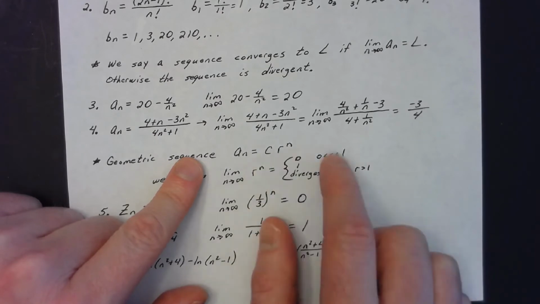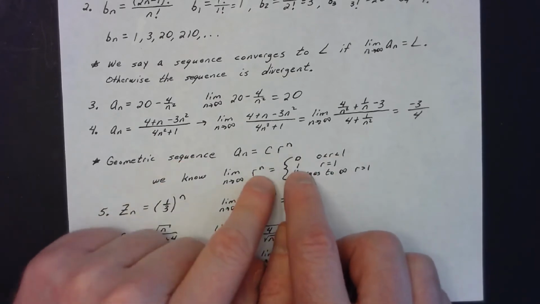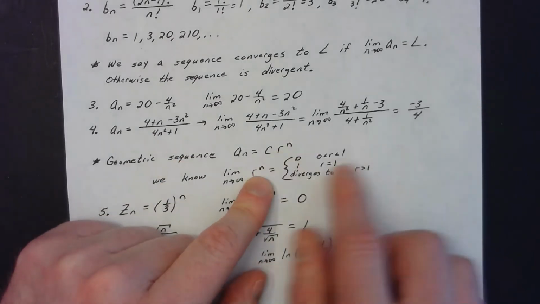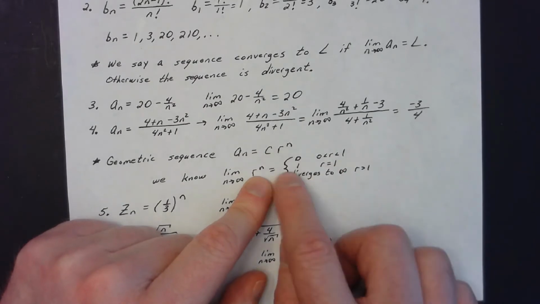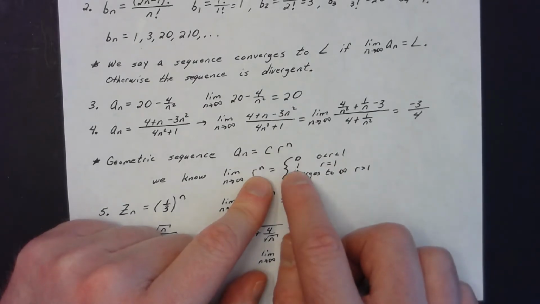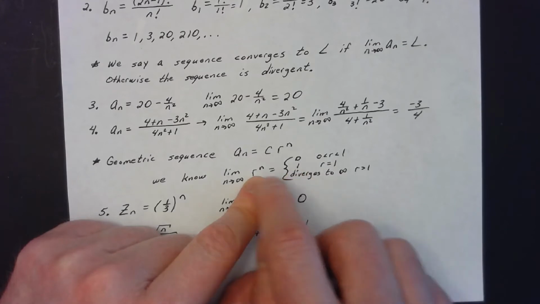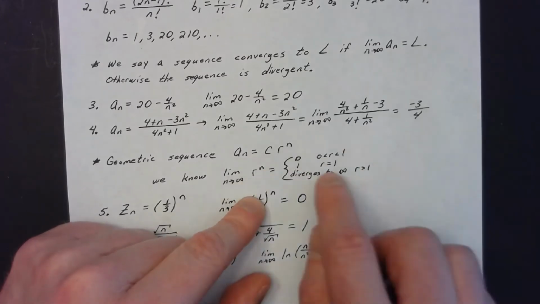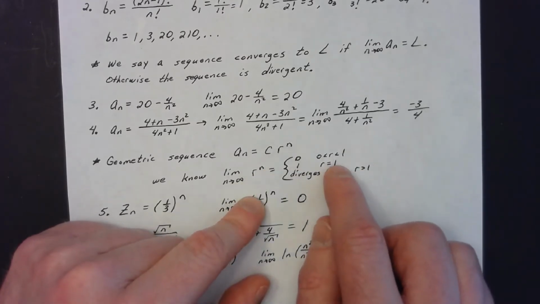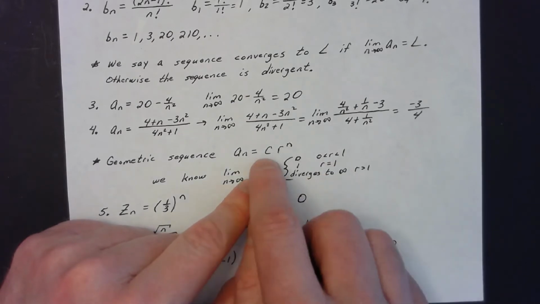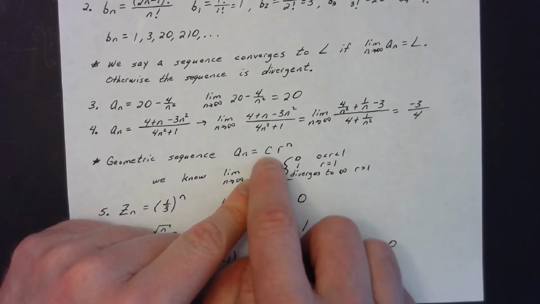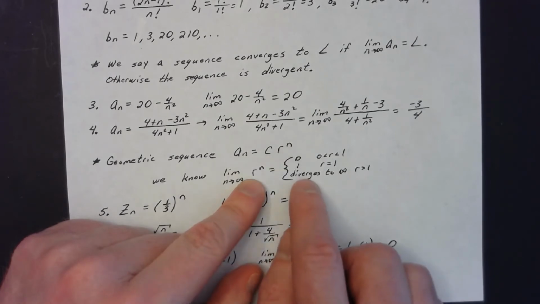The c becomes irrelevant. If r is 1, well, 1 to any power is 1. So that's the trivial case. So if your r value is 1, 1 to any power is always 1. So you'd say it's going to go off towards 1, or whatever c times 1 is, it would go off to c, depending upon what the value of c is. Now,